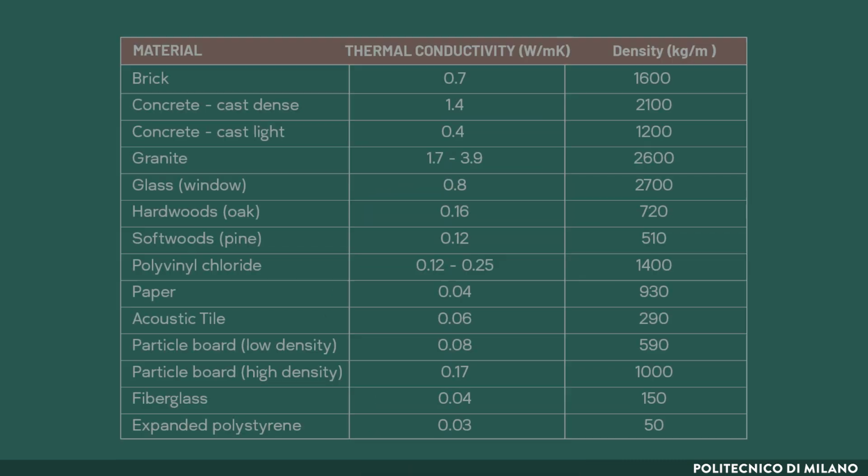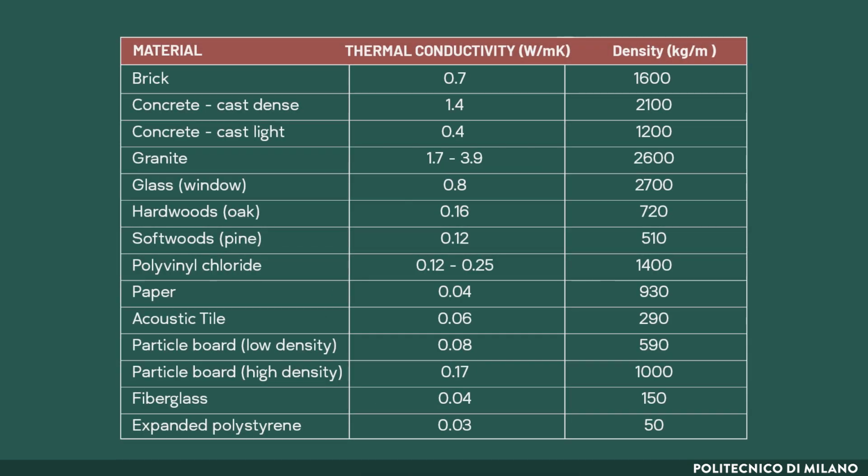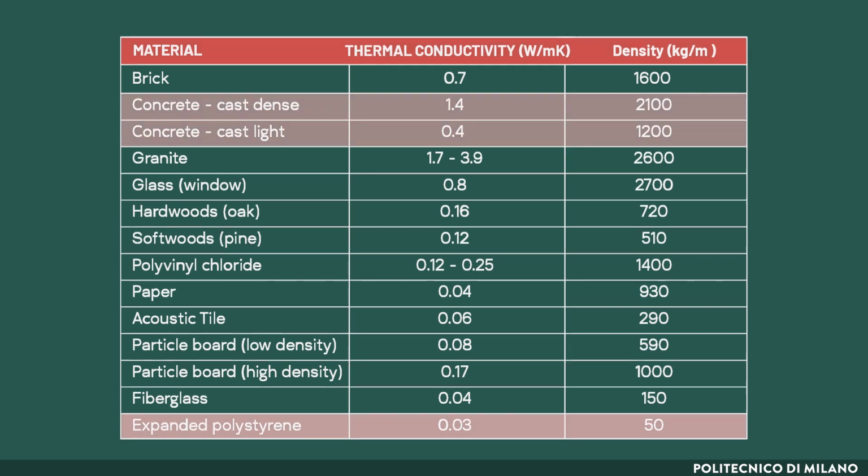The thermal conductivity is a specific property of each material, and it defines the higher or lesser ability to transmit the vibration of an atom to the adjacent ones and so to conduct the heat inside from one point to another. It is dependent on the temperature, density, and moisture content of the material. Typically, low density materials such as polystyrene also have low thermal conductivity, while high density materials such as concrete have elevated thermal conductivity.